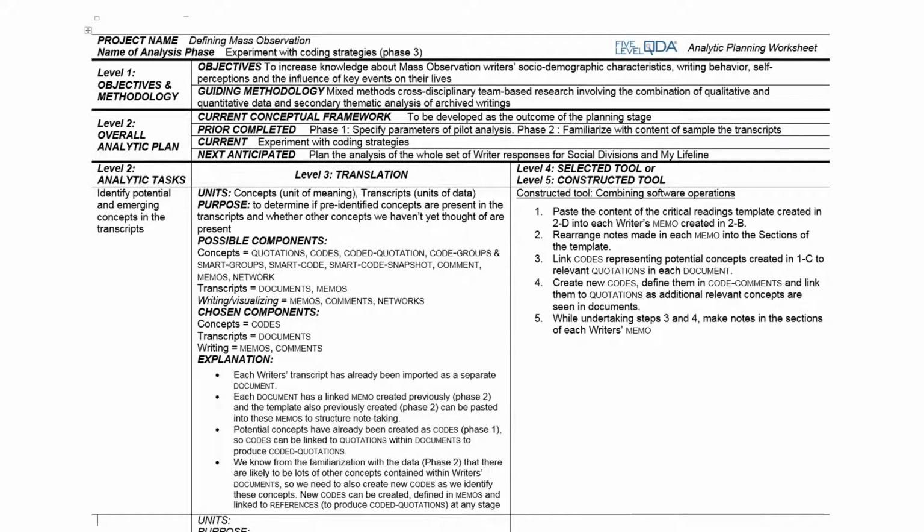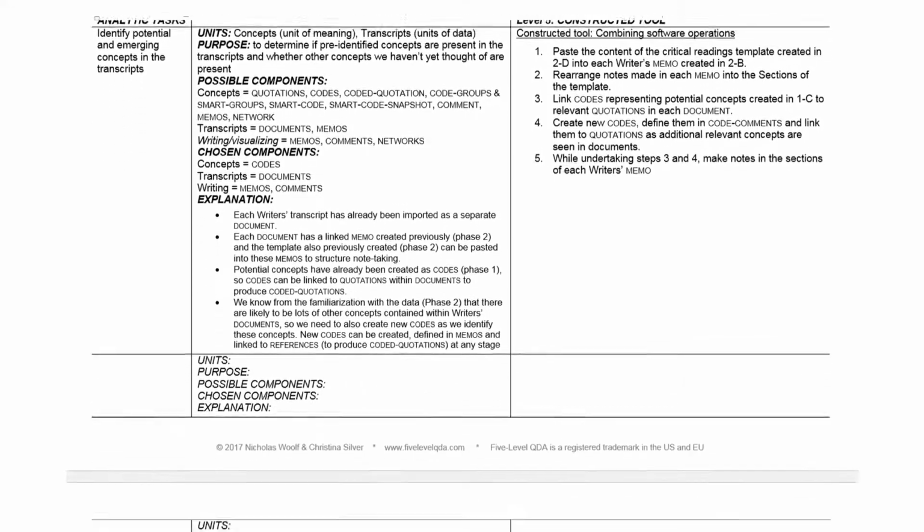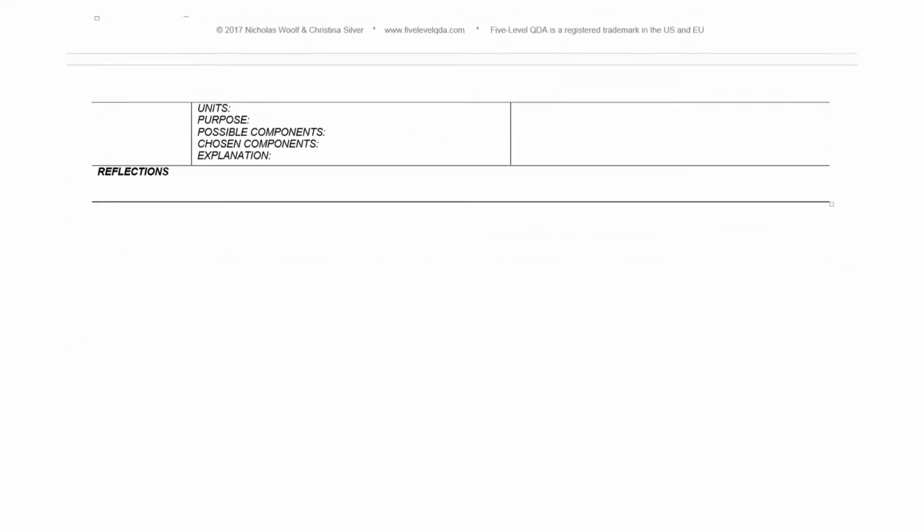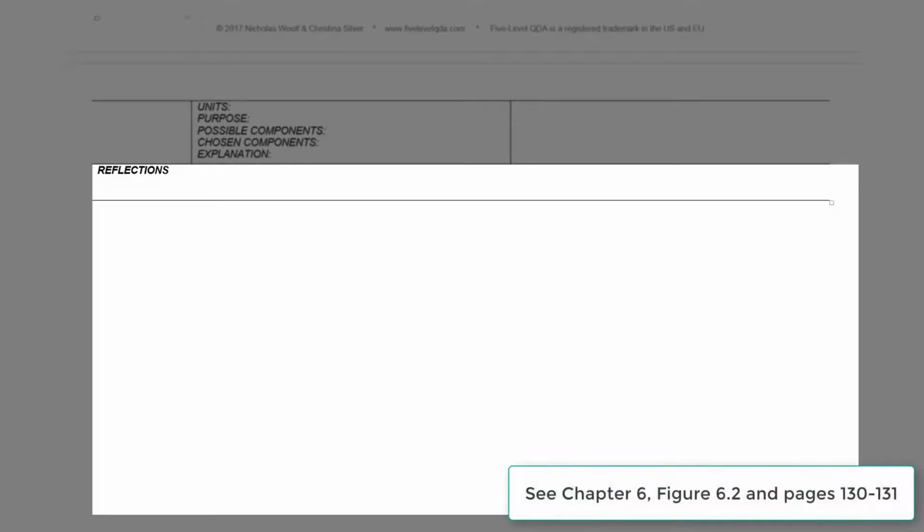For this task, we actually carried on and undertook several other tasks, and you can see those translated in the worksheet that you can download. For now, I'm just going to skip over those and move down to the final area of the worksheet called Reflections. This area is a space you can optionally fill out to note your reflections about the progress of the phase as a whole. You don't have to use this area of the worksheet, it's not necessary to the process